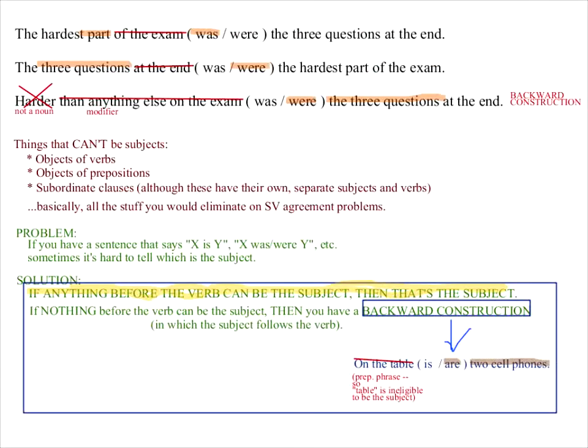If you have a list, if you have an X and Y construction, if you have a compound subject, which is X and Y, or a list, like such as X, Y, and Z,